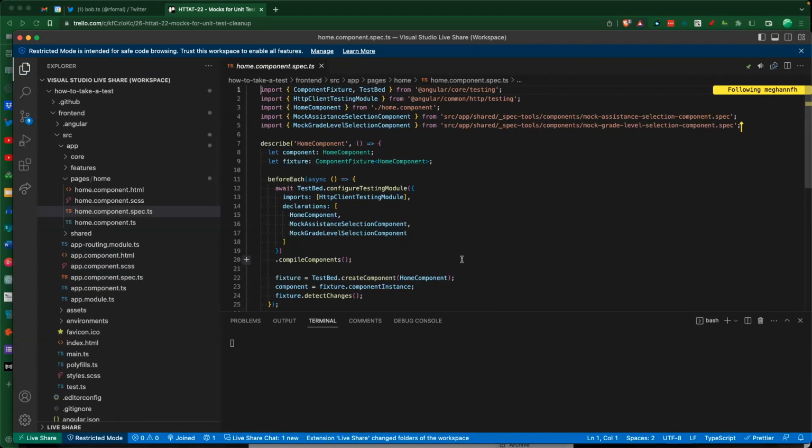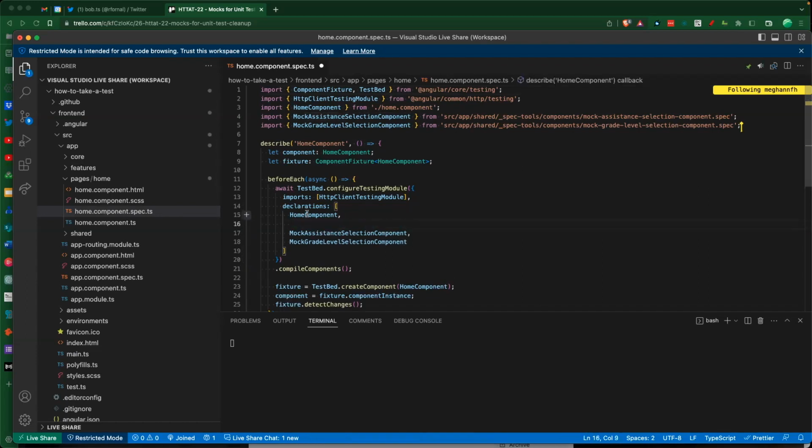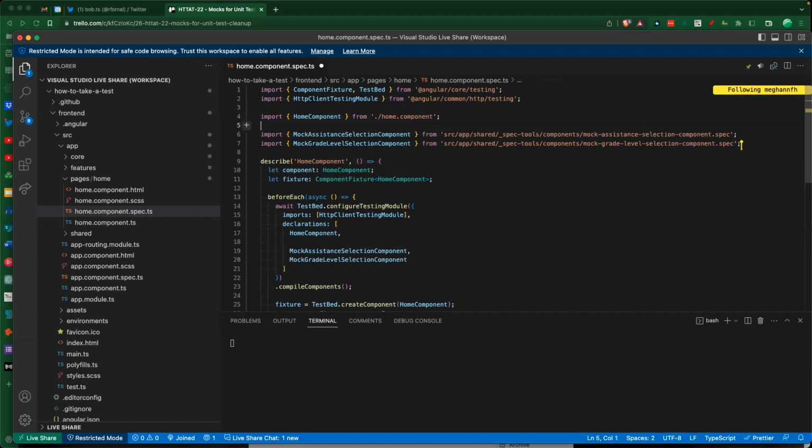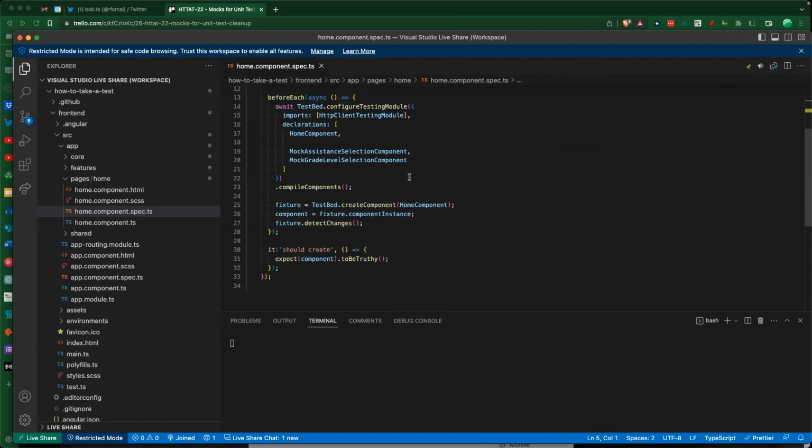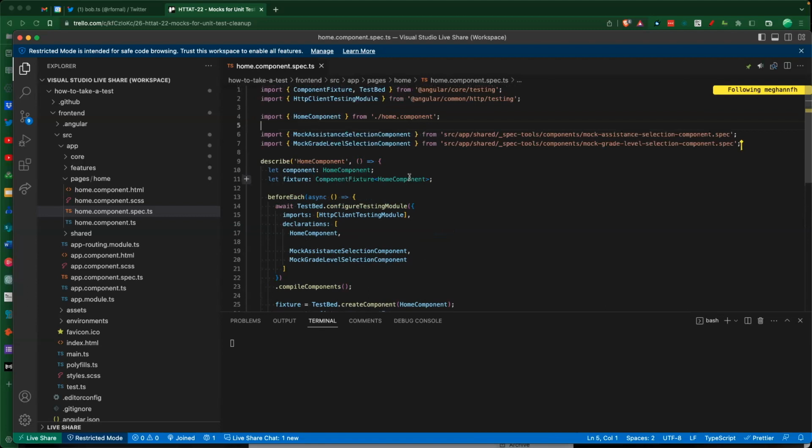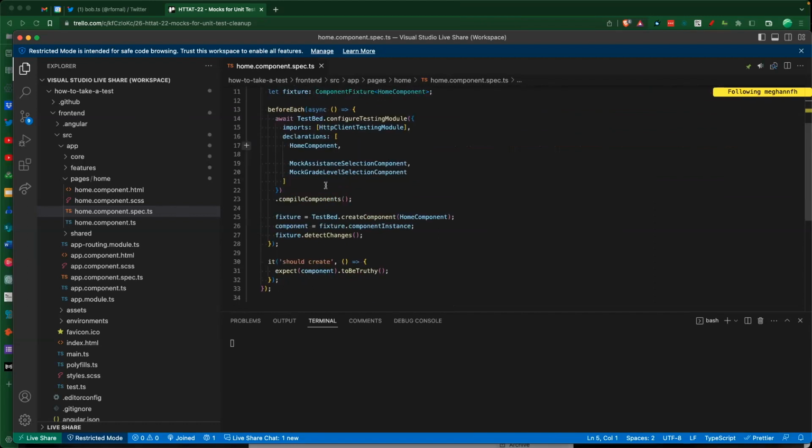And so we have the mock assistance, mock grade. The only thing I would say is, since that's a real component, and those are fake, it just kind of distinguishes a little bit. We've got some linting coming, but things like order and grouping. But yeah, so at this point, we should be able to,